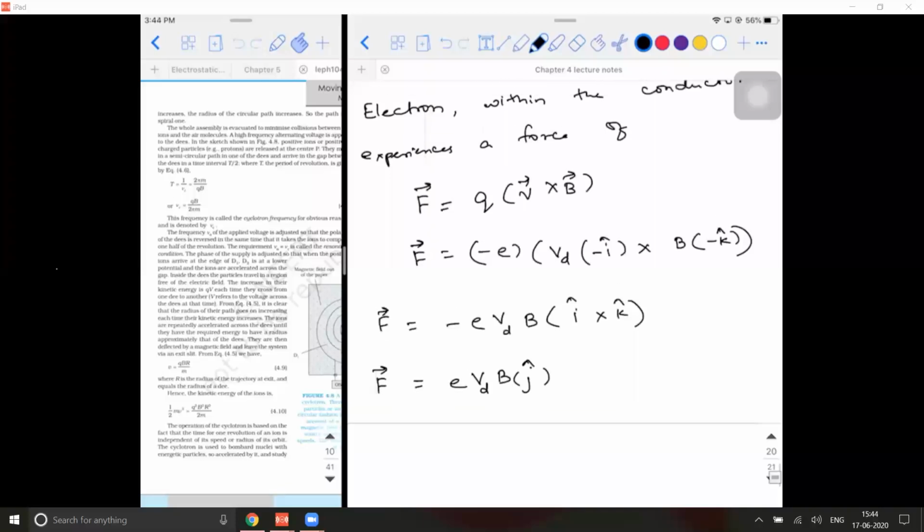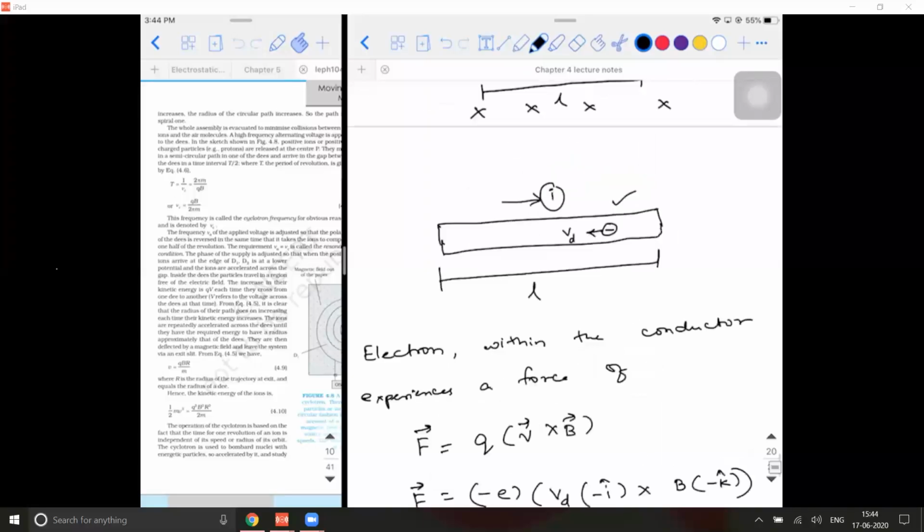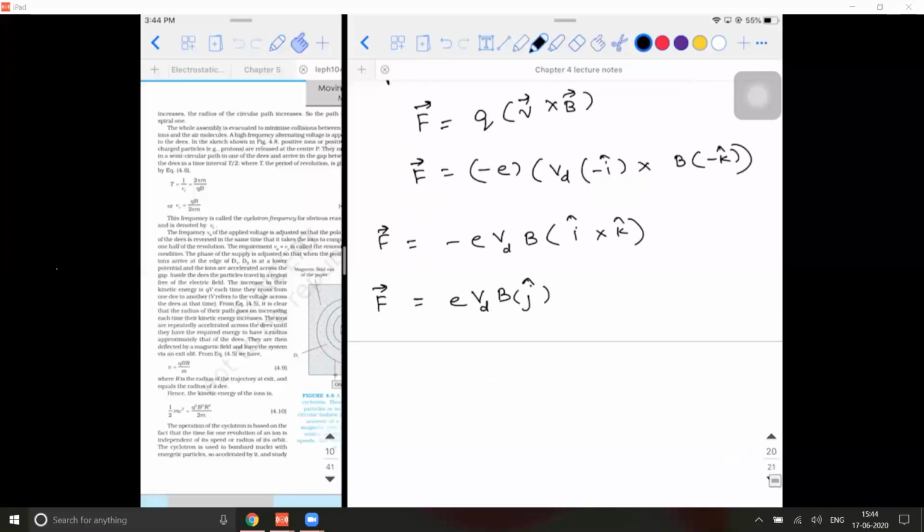So what I'm trying to say in this case is, suppose there is a particular scenario like this. If the magnetic field is into the plane of the paper, and the current in the conductor is flowing to the right, and it is placed in a magnetic field, the electrons inside it start experiencing a force. What force is that? A magnetic force in the upward direction. That is because of the Lorentz force. This is the force experienced by just one electron.